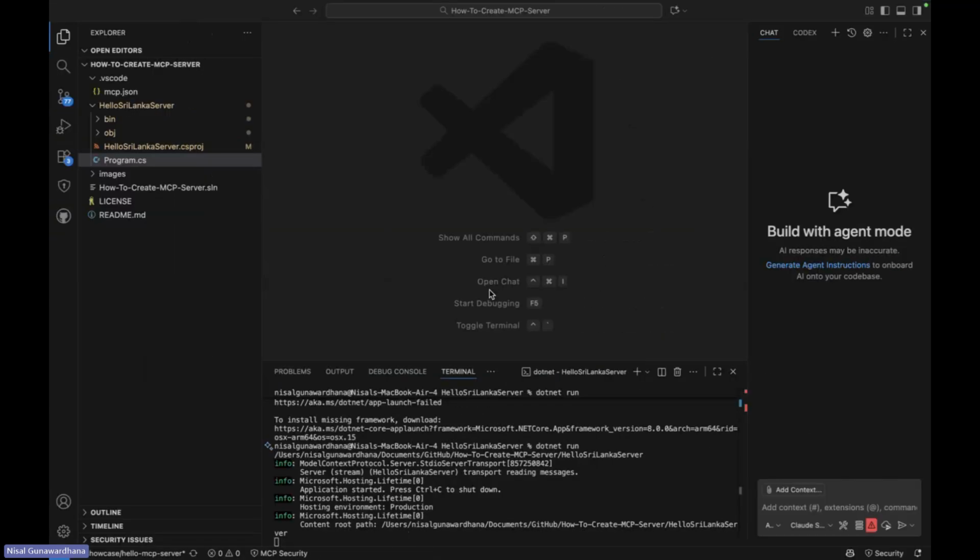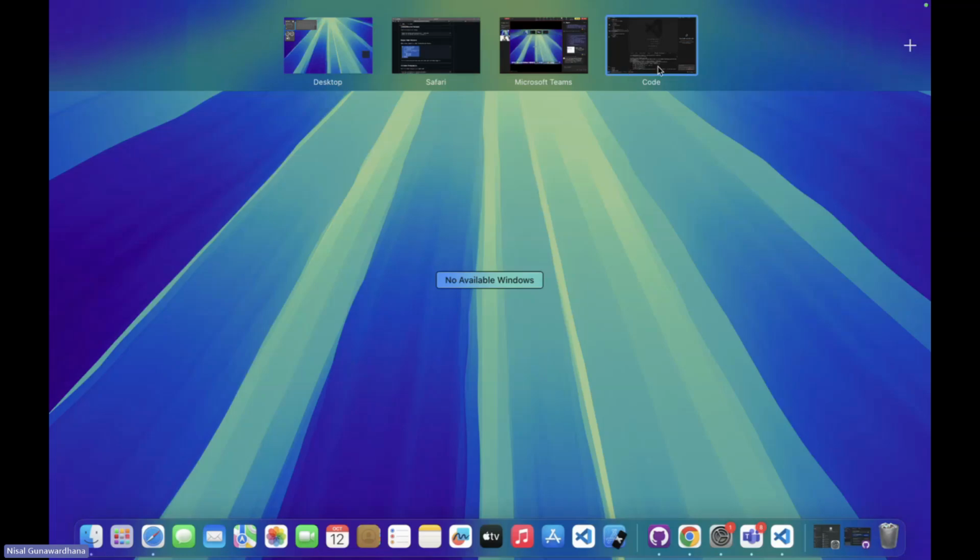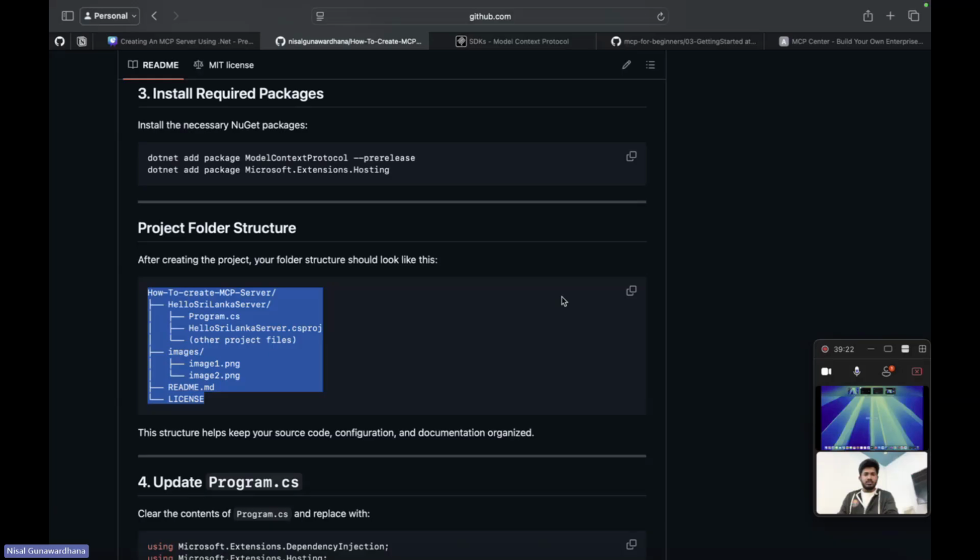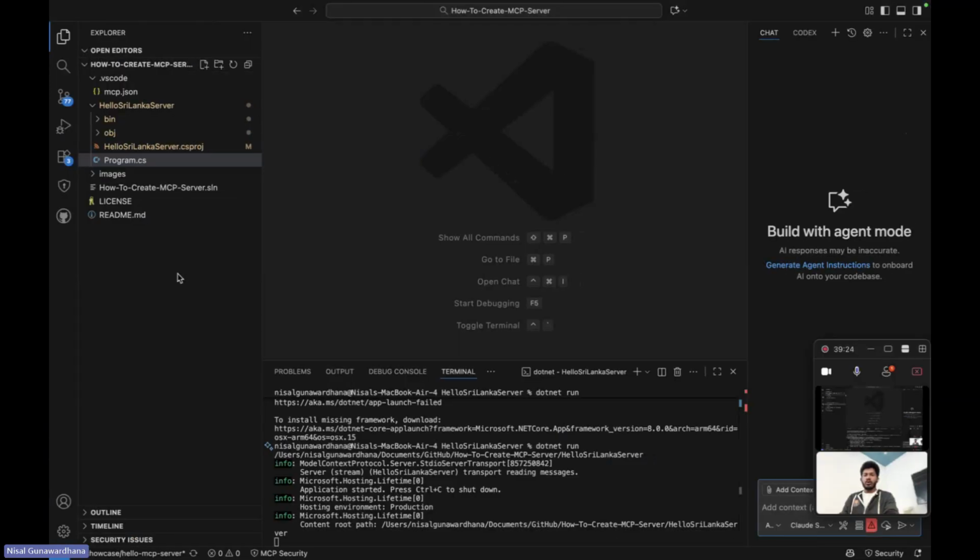So I moved to my VS Code. Let me make these screens right. This is my project's showcase branch. I already added this branch into GitHub as well. If you guys need to go through it, you can refer to it as well.